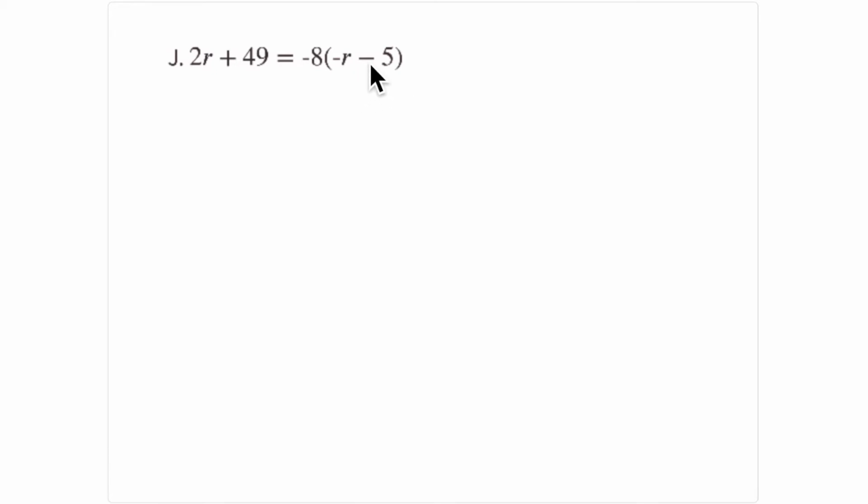So instead of subtracting a positive 5, I'm going to change this to adding a negative 5. And you can do that. This is the inverse operation, and this is the additive inverse. So subtracting a positive 5 is the same thing as adding a negative 5. And so now when I look at this distribution of this negative 8, it becomes a negative 8